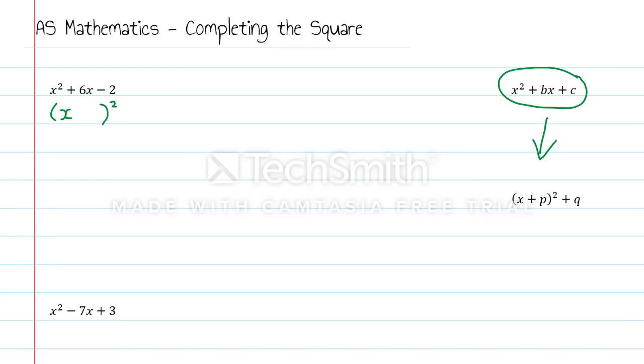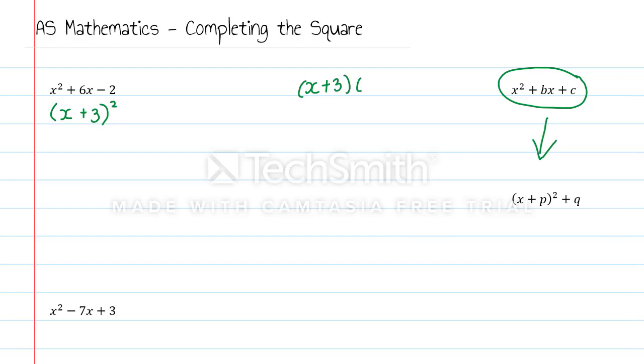Well, we have the coefficient of the x, so in this case it's 6. So all you have to do is halve 6. Now the 6 is positive, so when we halve it, we're going to get positive 3. If it was negative, we would have got negative 3. Now if we just take (x + 3) squared for a sec,